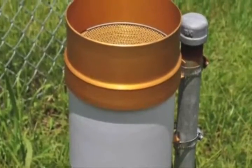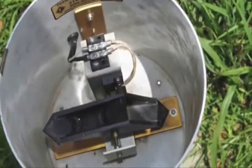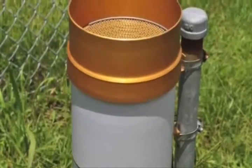The TE gauge serves as the backup gauge in case the TB3 breaks down. It functions the same with the exception of quality. Like I mentioned previously, the TB3 has a siphon which allows it to